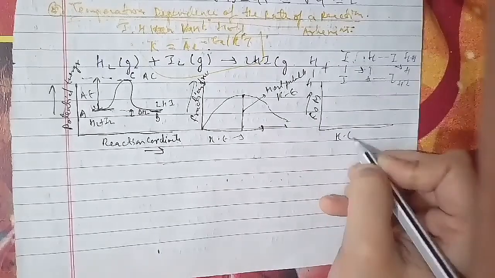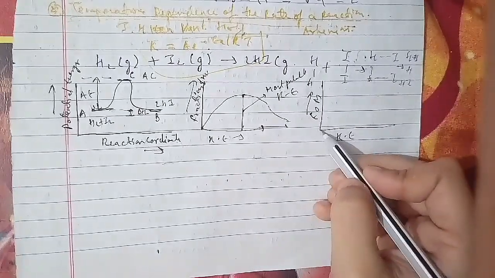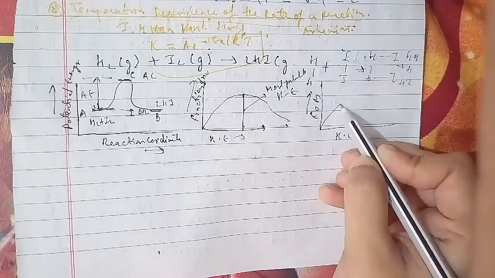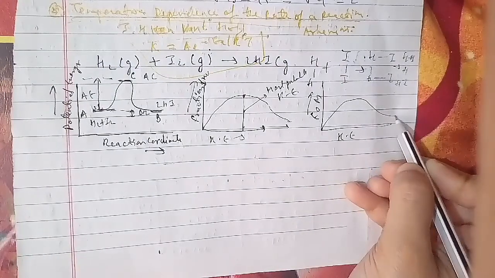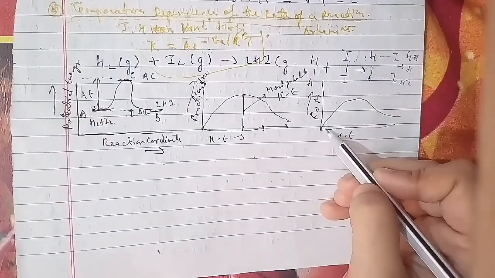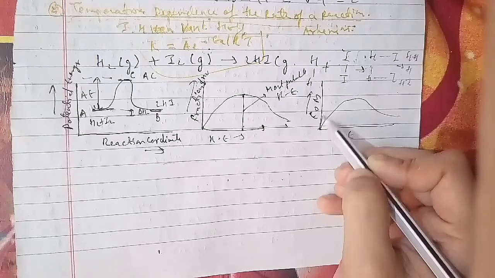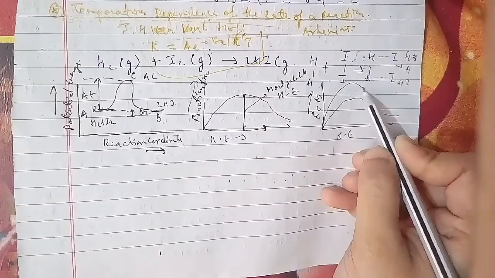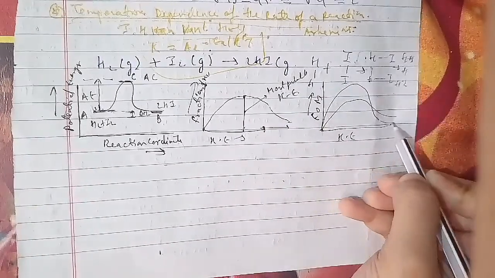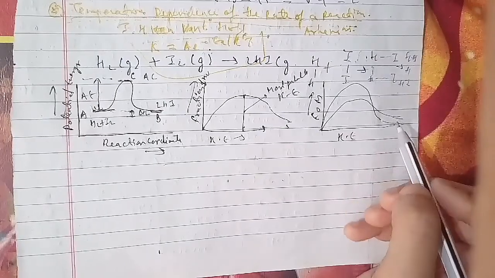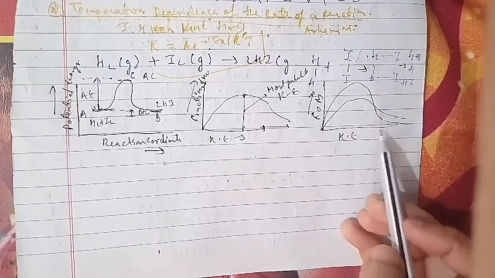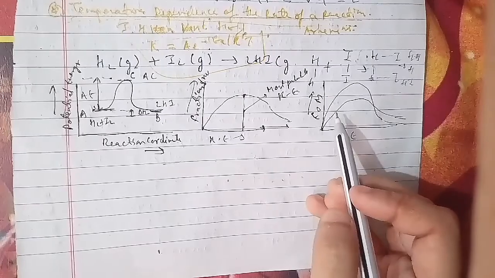This is the energy of activation, and in the same case, the area above shows the fraction of additional molecules which react at t plus 10, and this shaded region shows the fraction of molecules reacting at time t. This is a distribution showing the temperature dependence of the rate of the reaction as well.